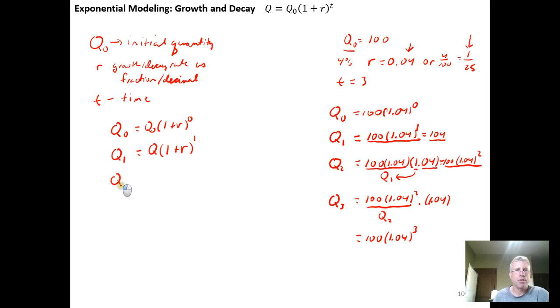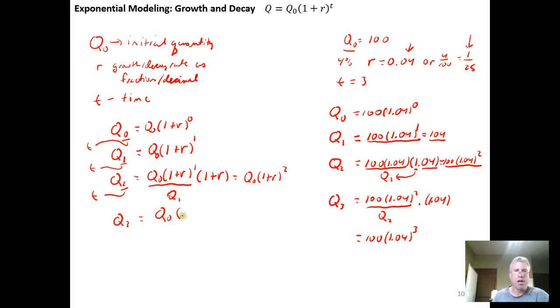In year 2, how much money would you have? Or how much of the thing that was growing or decaying would you have? Well, you would have what you had from the previous year. This is your Q1. And you multiply it one more time by the growth rate. But that just gives you that thing squared. And notice this is time t. So to figure out what you have in year 3,